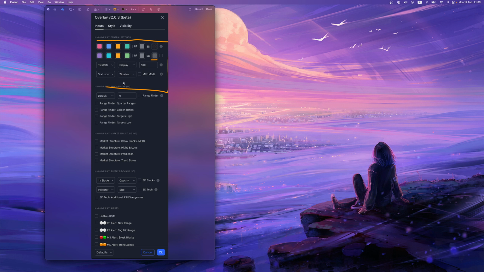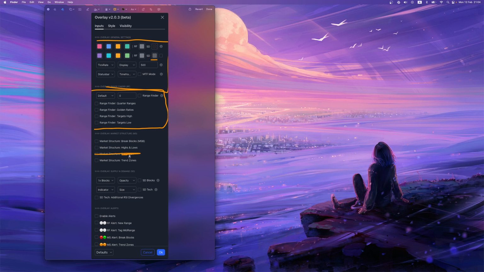This is pretty much all the same. Nothing has changed. We're not going to cover anything of the rangefinder, this section here, because pretty much nothing has changed except for one tiny thing, which I will cover at the beginning, and that's it. Yeah, and then market structure is still the same. There's a slight change in the order, and